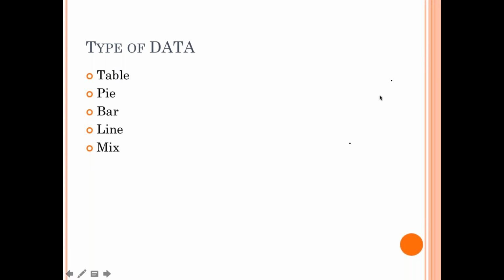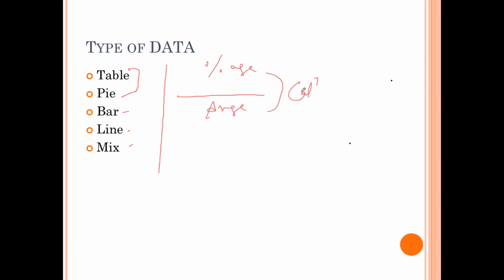Okay. There are some books which classify your DI in this way. They classify it into table, pie, bar, line, mix, or you can classify it as percentage base and then average base. So this is the type of calculation we do, and these are the pictures that we see, right? As far as CAT is concerned, this is the only category that you will be getting. What CAT will be giving you, no one knows, right? Many a times they come up with new types of graphs, but when you are very good at percentages